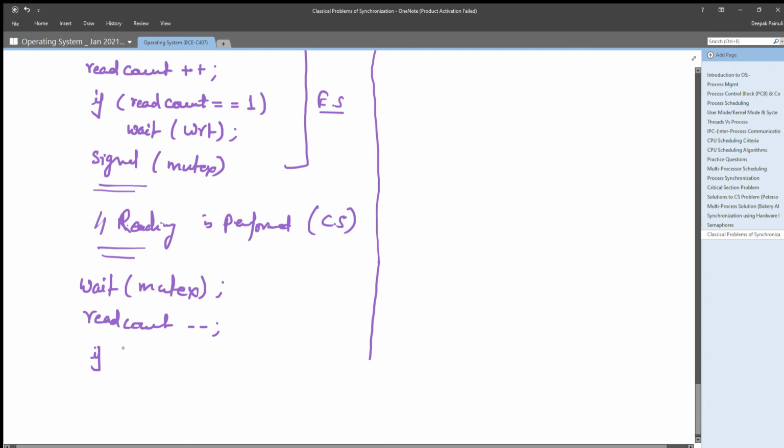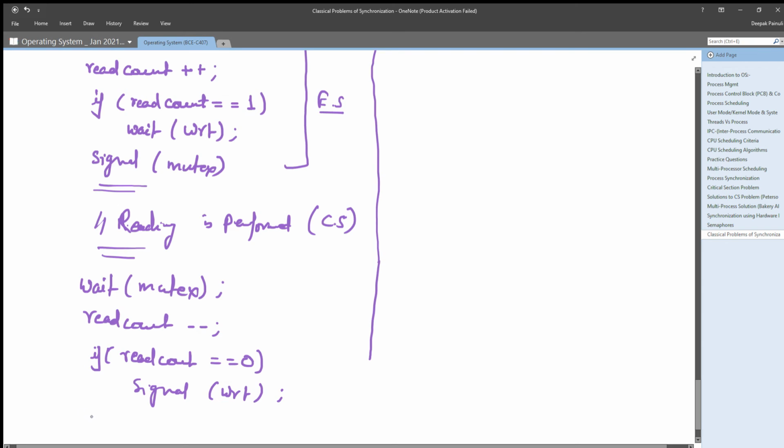That means it is no more a reader, and after that it will check if read count equals 0, it will signal WRT, right?